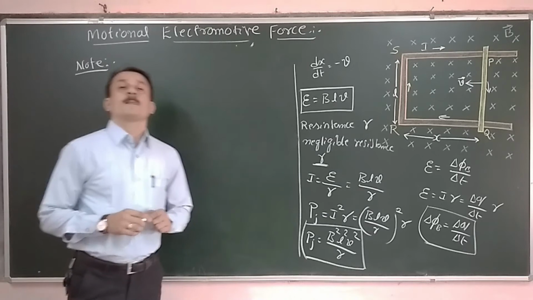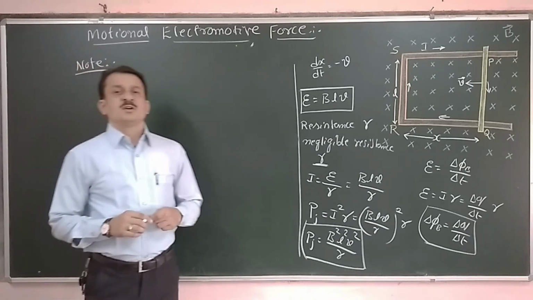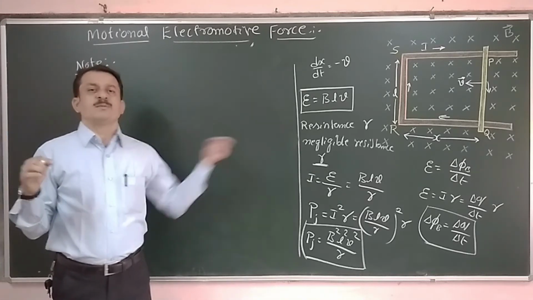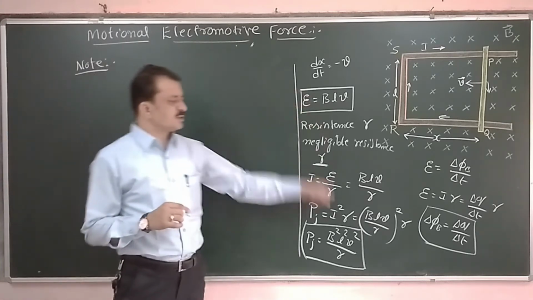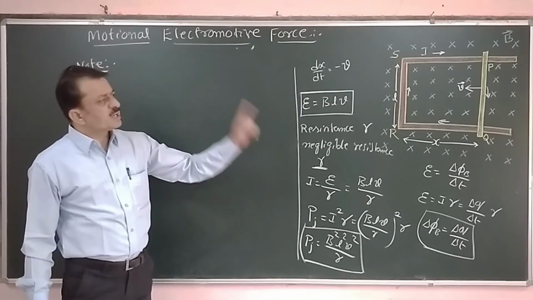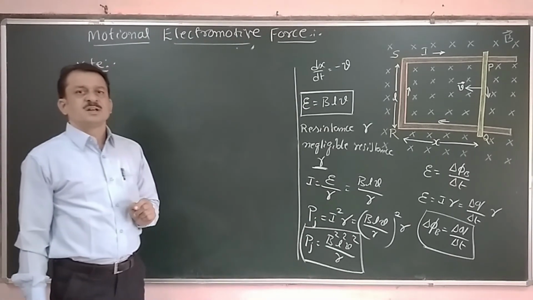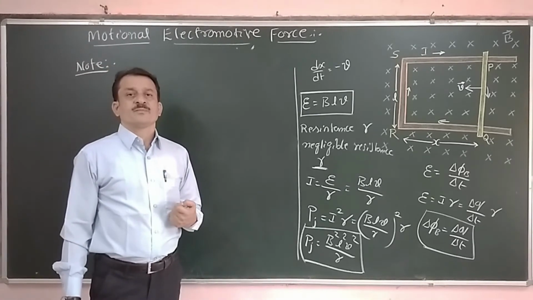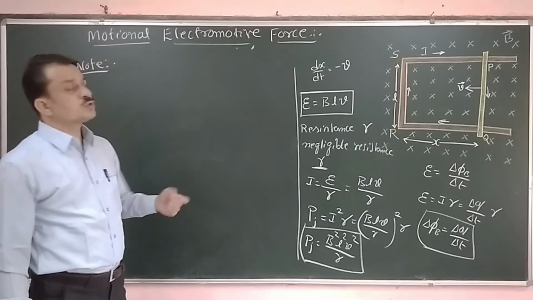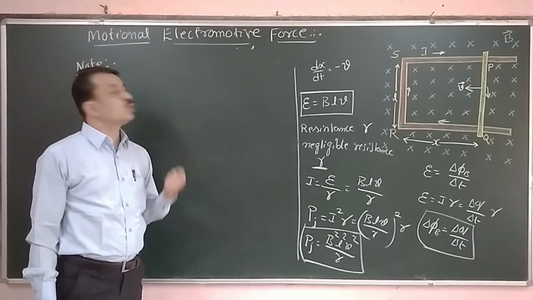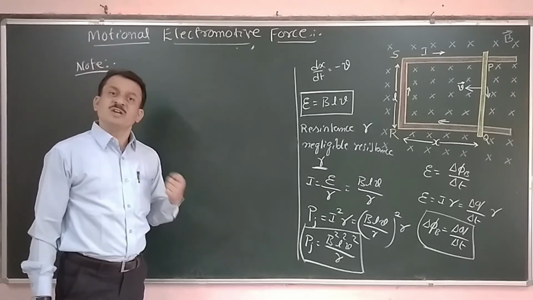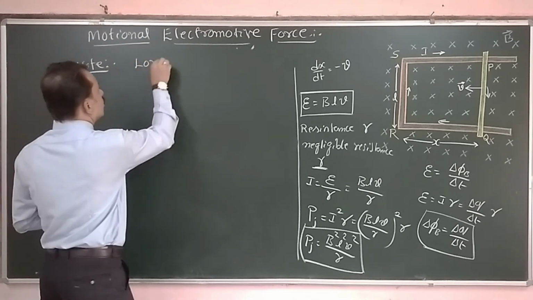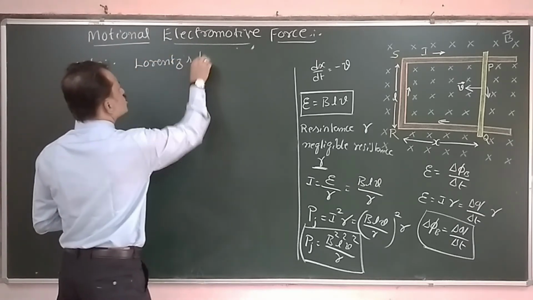In the case of the coil and bar experiment, first the magnetic bar is moved towards and taken away. An EMF is induced. That is explained on this basis. Now the PQ conductor is kept constant and the magnetic field is varied. Then also we are getting the induced EMF, motional EMF. How can you explain that concept? That is explained based on Lorentz force.